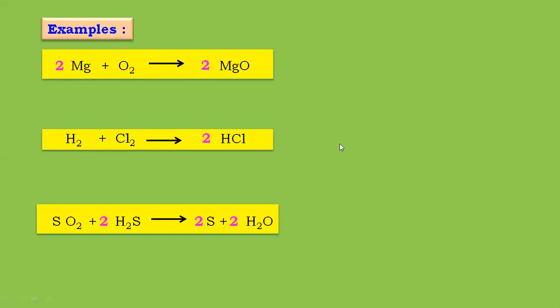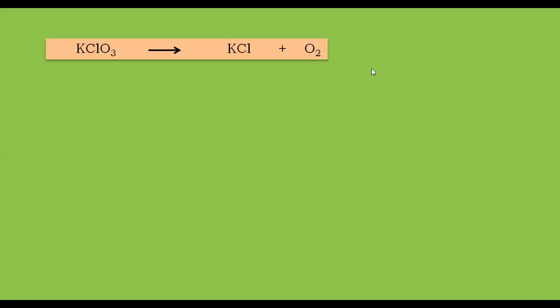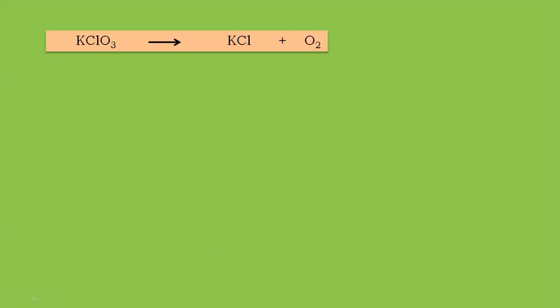And if you're still feeling that you're not able to understand, let us try another example, which is a simpler one. KClO3 gives me KCl plus O2. Come on, quickly tell me how many of you are able to do this. Let me see how many of you are able to do the balancing. The examples which I'm giving you, if you're able to balance all these examples, you are through with the balancing. Any equation given to you in the exam, you'll be able to do it very easily. Do not worry.